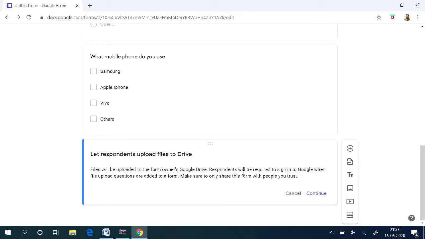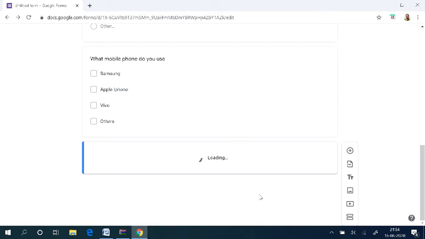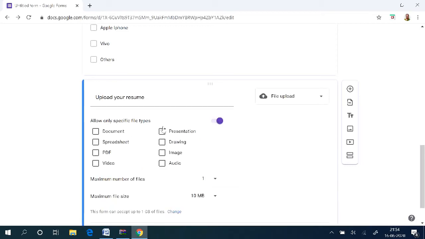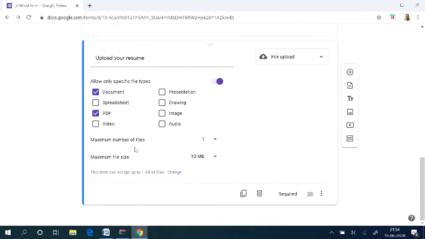The respondent has to sign in to Google if they want to upload the file. That is a requirement. Then click continue. You can give them specific file types. For a resume, generally you will want them to upload only a PDF or maybe a Word document, so you can select that. Maximum number of files is 1. You can even set the maximum file size.